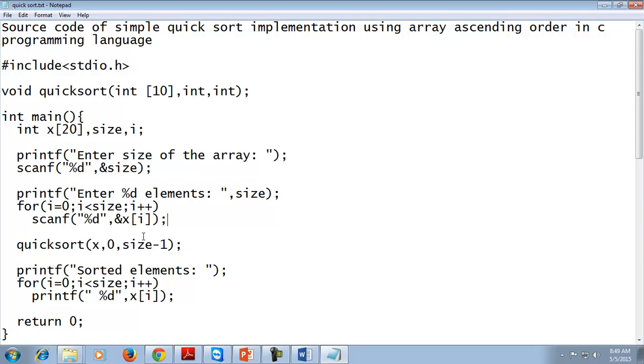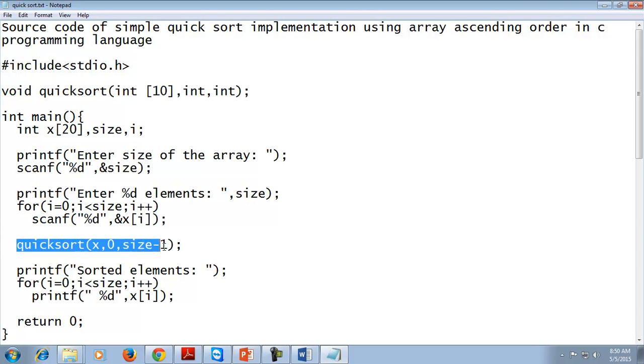After inserting values in the array, the next step is to call the quick sort function, and in the quick sort function we pass the array, the lowest index, that is 0, and the highest index, that is size - 1. It means if we want to enter 10 values in an array, then the values will be inserted from a of 0 to a of 9. It means 0 is the lowest index and size - 1, that is 9, is the highest index.